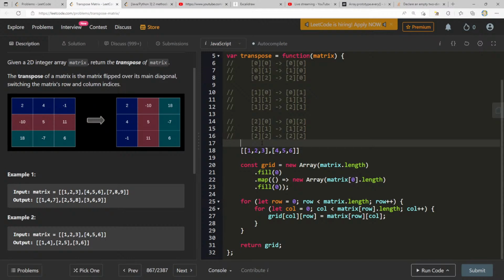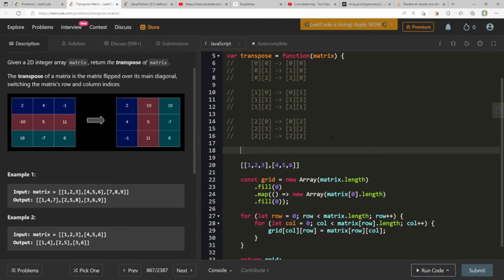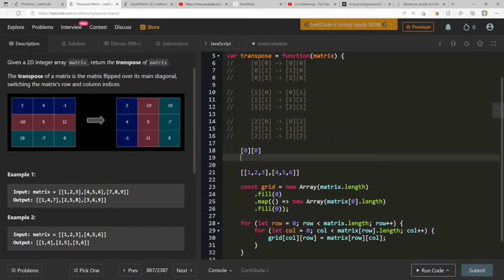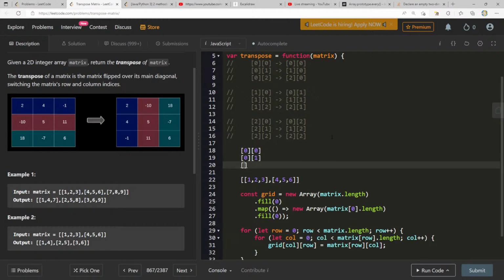I think the issue here is matrix[row].length, but here in column, that's probably the gotcha right there. If it's a 3 by 3 matrix, it's easy. But if it's a 3 by 2 matrix, 2 rows, let's actually just do it here. How many rows are we going to have? We're going to have 0, 0, 0, 1, and 0, 2.